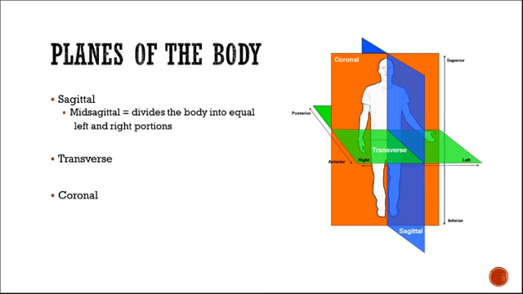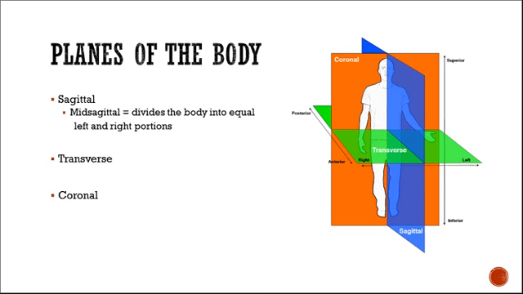Planes of the body. At first, when people were talking to me about planes of the body, I was getting really confused. I'm like, what do you mean planes of the body? If we were to slice the body straight down the middle or from head to feet, imagine if we were piecing apart the body, such as an MRI or CT would do. It takes sections or slices of the body. That's how we have to picture these planes of the body.